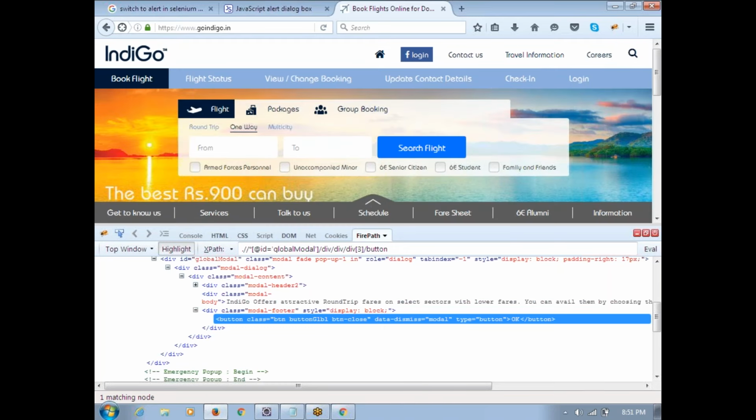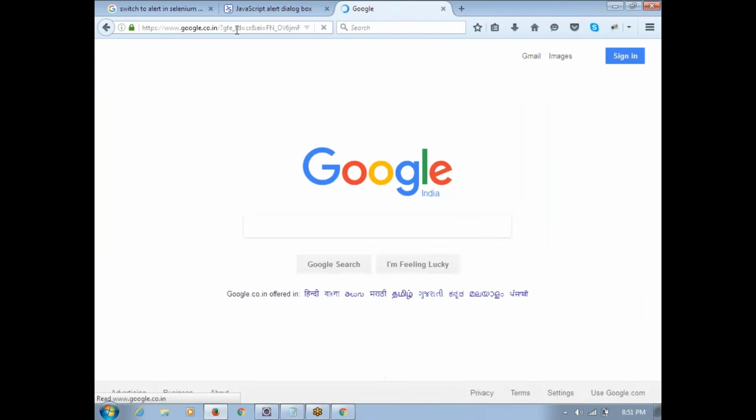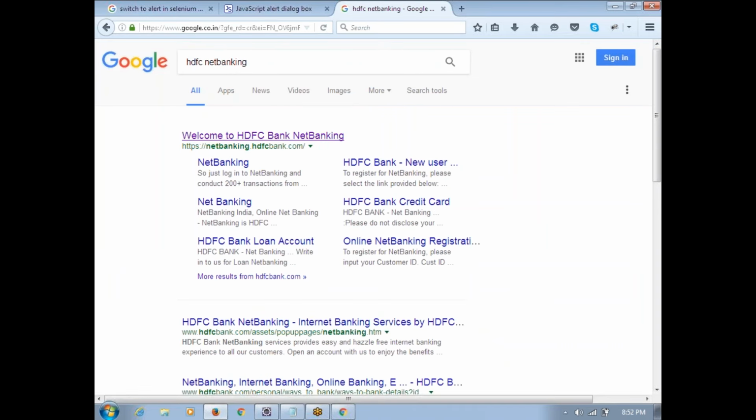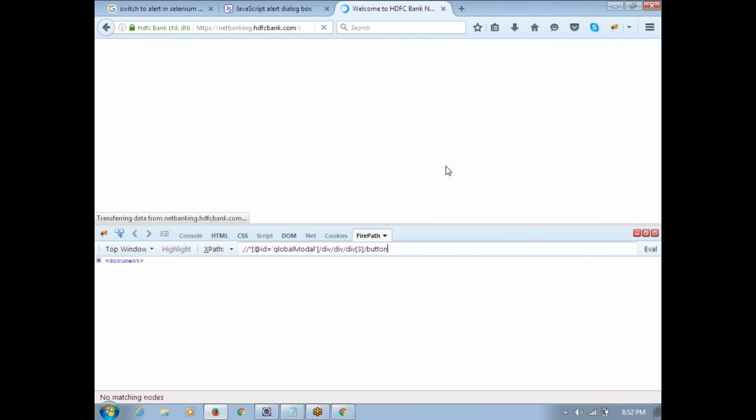Okay, so once we know all the things, then only we'll move on to the next level, guys. And this is very, very important. Generally, whenever someone asks you to write a script online or anywhere, even face-to-face, most of the people will work with HDFC net banking. Why? Because